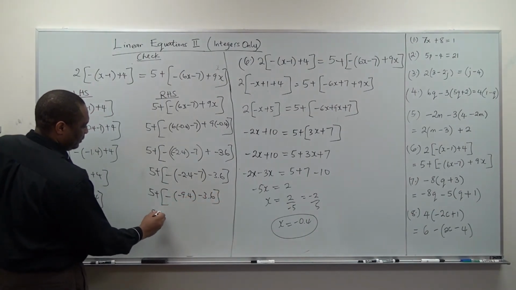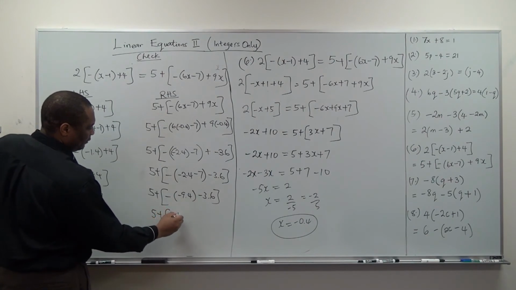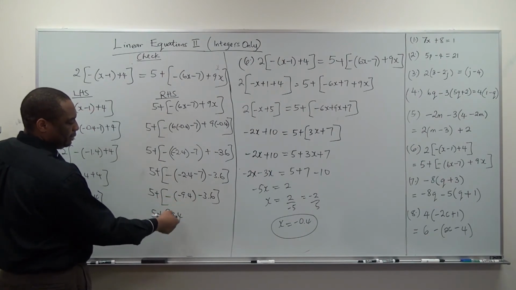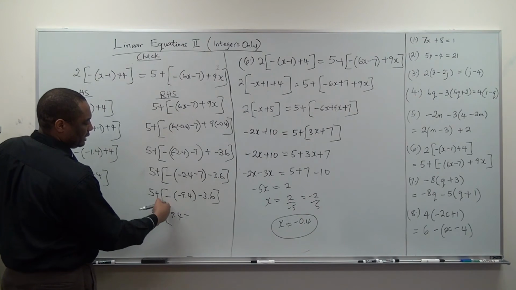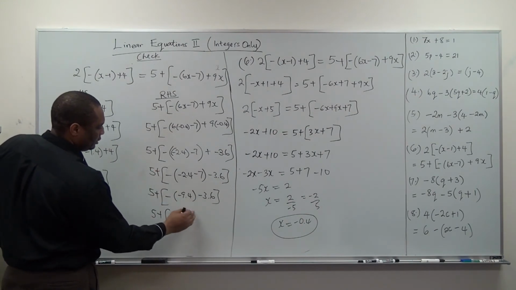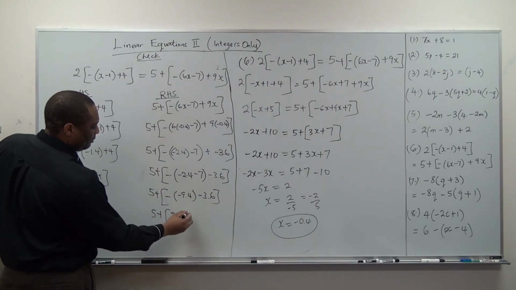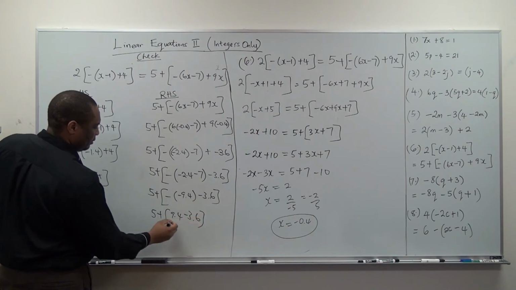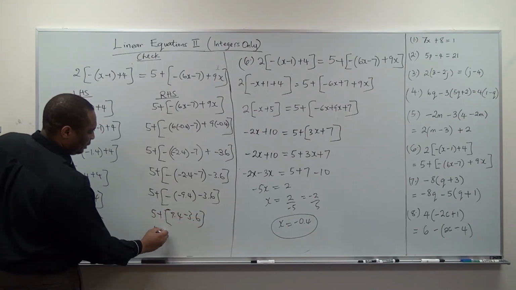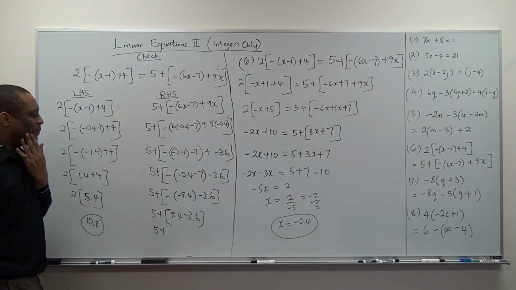And then you have 5 plus 9.4, negative times negative is positive. Or when you see two signs together, make it one sign. So you have 9.4 minus 3.6, right? So you now have 5 plus 9.4 minus 3.6 will give you